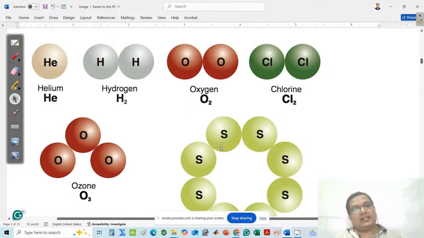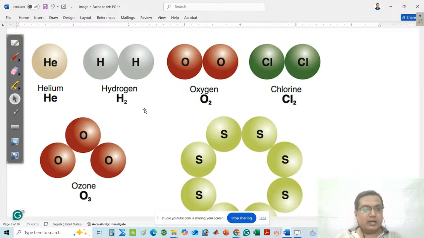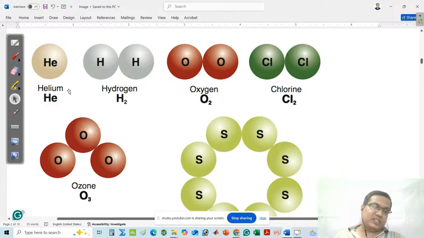Again, the homoatomic molecules are classified into different types depending upon the number of atoms. If the homoatomic molecule is made by one atom, then that is said to be a monoatomic molecule. Look at that here. Helium is made by one atom, that is said to be a monoatomic molecule. You can say that also argon, neon. These are homoatomic molecules, and they also belong to the monoatomic.